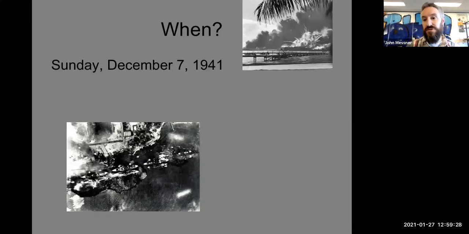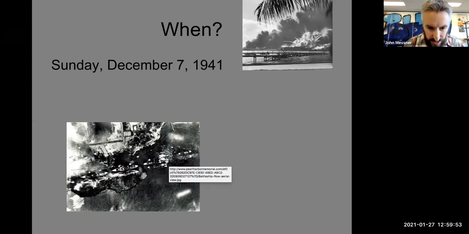It was a Sunday, which is why no one suspected an attack. They were waking up. It's like 7 a.m. to 8 a.m. So people are getting ready to go to church, or they're sleeping in. It's kind of like the day off in the Navy. So a lot of people were just stuck on their boats. They weren't expecting anything. They hadn't gotten up yet, or they were just going about their duties as a Navy man. And so again, here's some more pictures from up above. Yeah, so pretty incredible stuff.